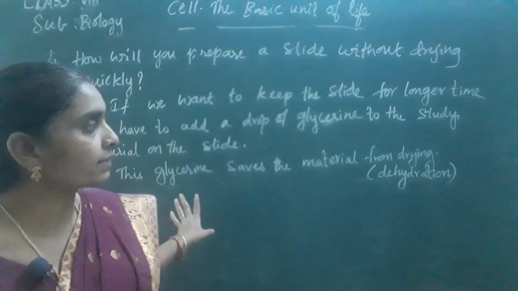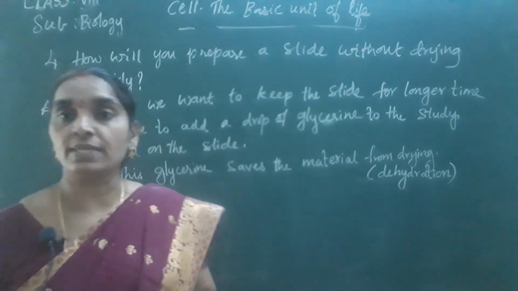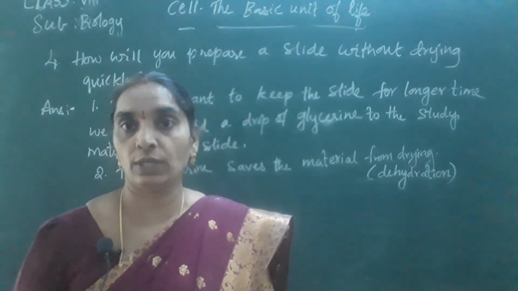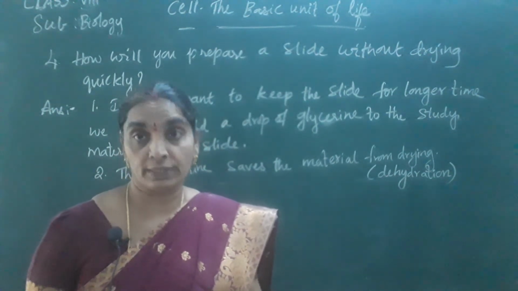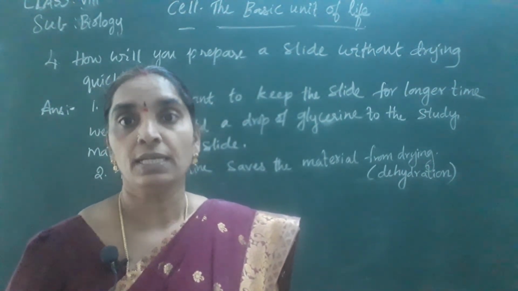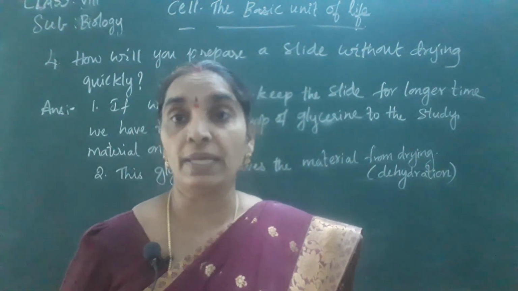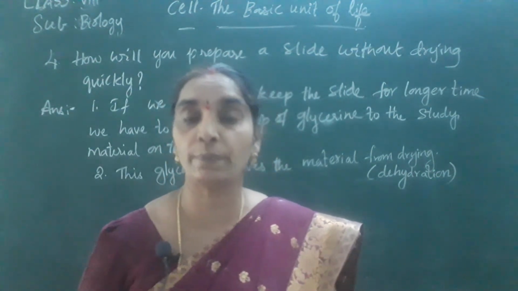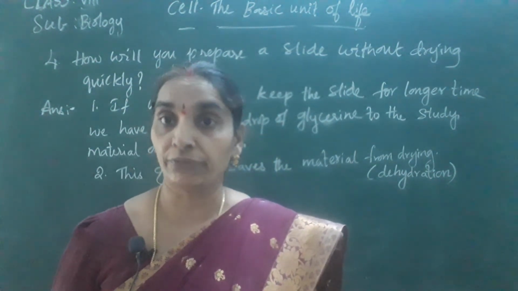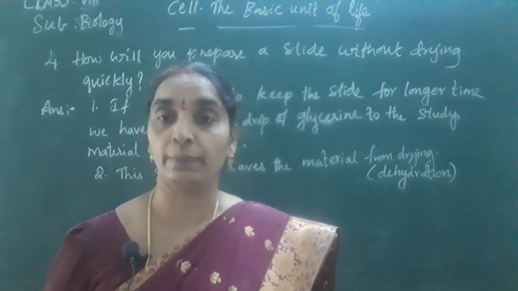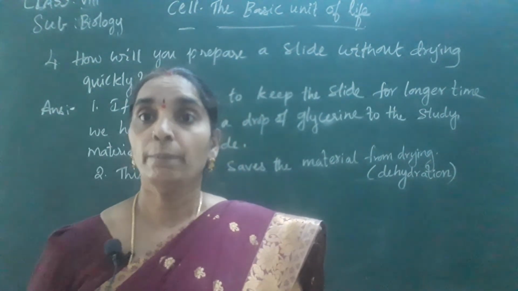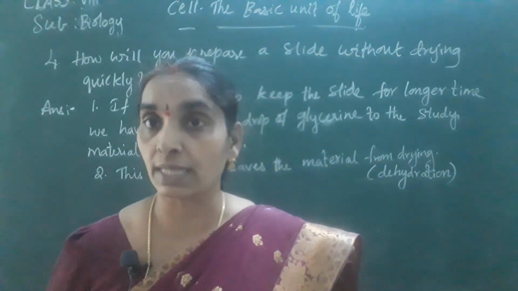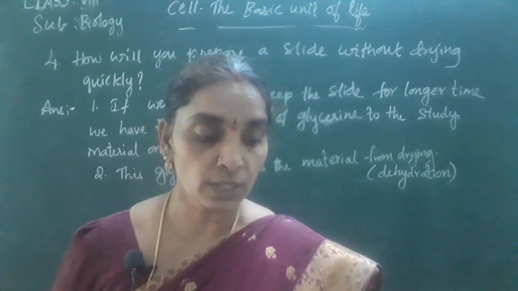Okay, children. So this is about the preparation of a microscopic slide that you have studied. The next question is about the part we studied in today's class, whether the cells can be seen with the naked eye or not. You know very well that all the cells cannot be seen with the naked eye, except a few which are a few centimeters larger. Cells of the size of millimeters and micrometers cannot be seen with the naked eye, and they can be seen only with the help of a microscope. Okay, so that is the next question's answer.